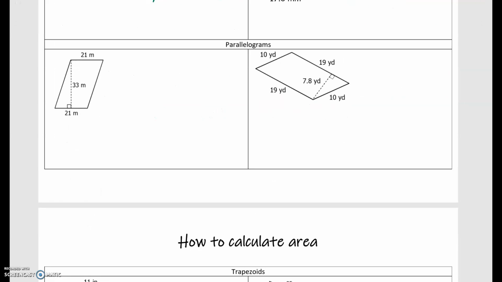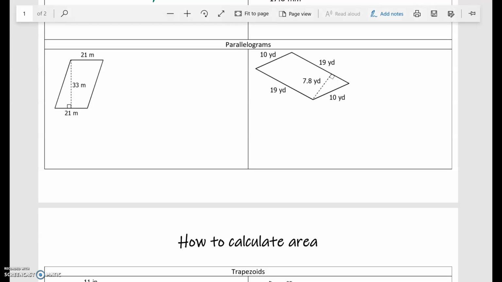Parallelograms. So remember with parallelograms, we have opposite sides are parallel. And that also means that we have special properties with a parallelogram. It was within our quadrilaterals unit. Okay, and the cool thing about a parallelogram, and normally in class I would take an actual construction paper and I would show you guys this. But if I go ahead and take this triangle right here, notice how the height perpendicular to the base creates a right triangle. If I were to take that and cut it off and I moved it over here